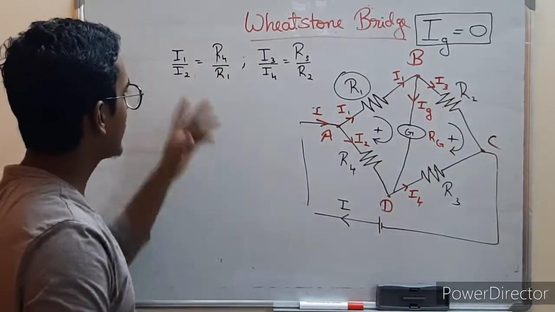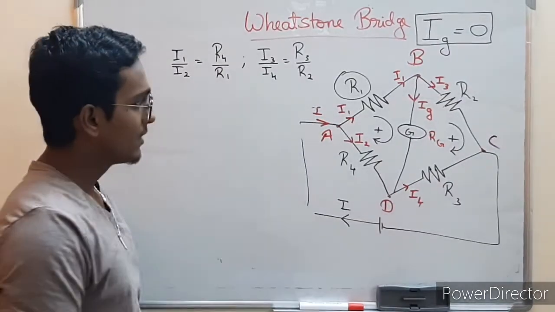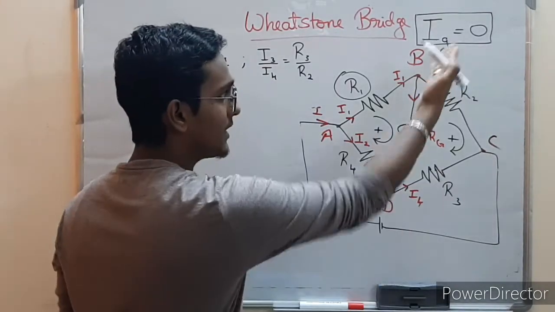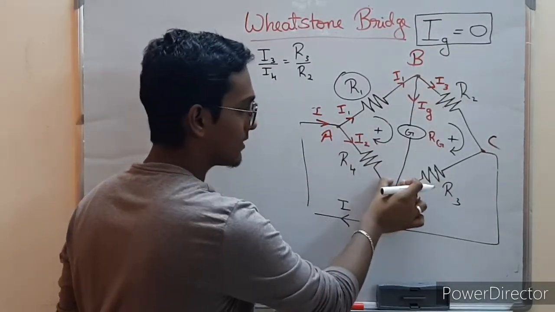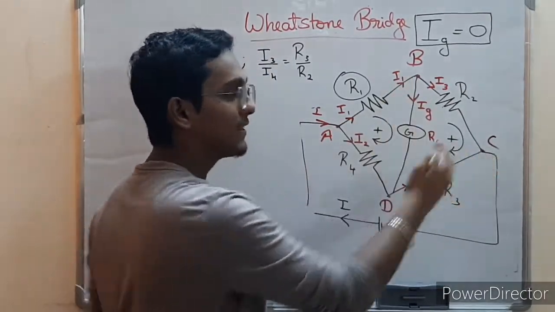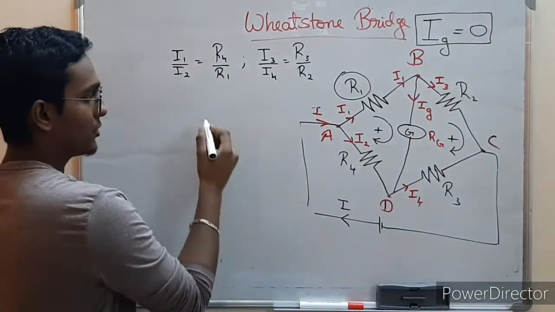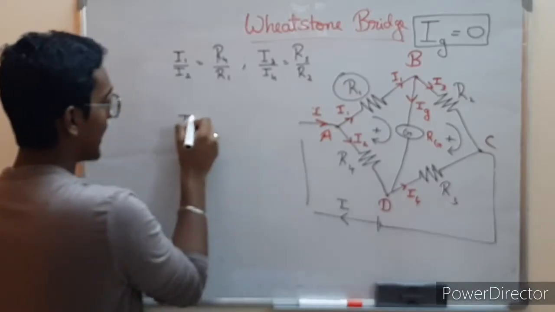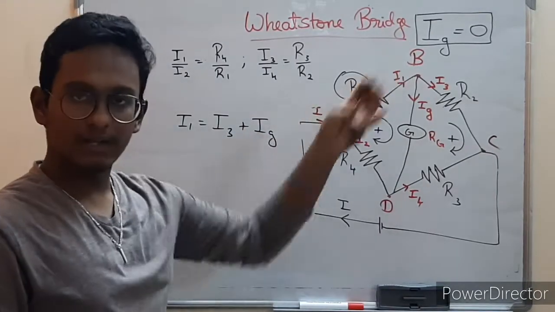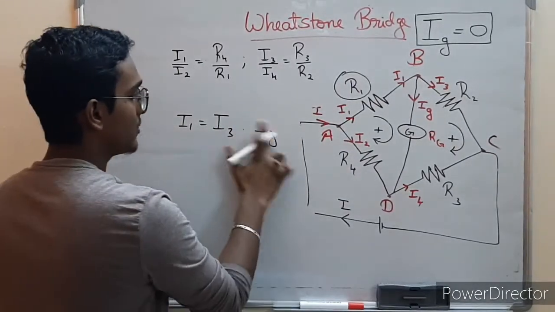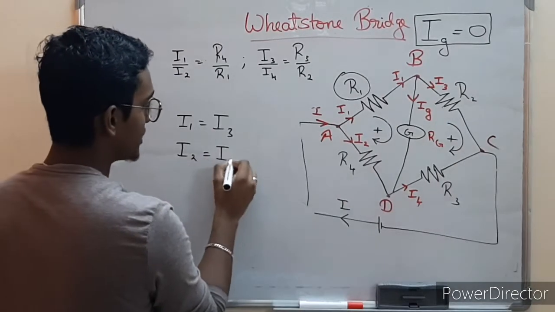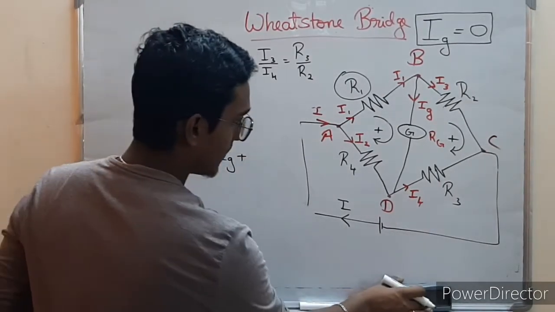Now, what can be said about I1, I2, I3 and I4? In this case, you can see that I2 plus Ig equal to I4. But we have seen there is no current flowing in this entire part. That means I2 and I4 are same, and I1 and I3 are same. Well, I can write it down and show it to you. Using junction rule, we have I1 equal to the sum of the current it splits into. But we just assumed current is 0. That means no current passes through it. So I1 equals I3. Similarly over here, I2 equals Ig plus I4.